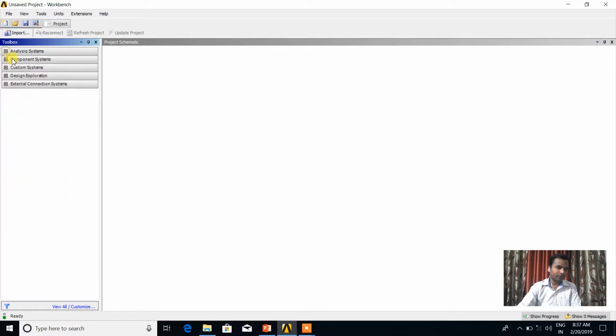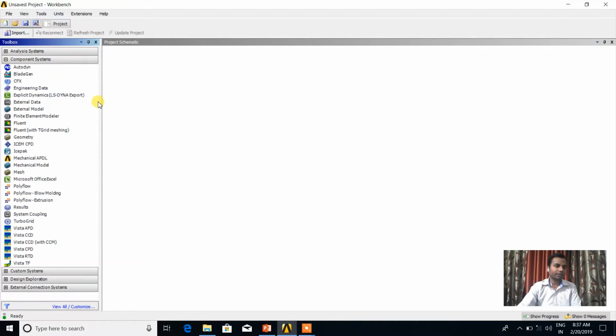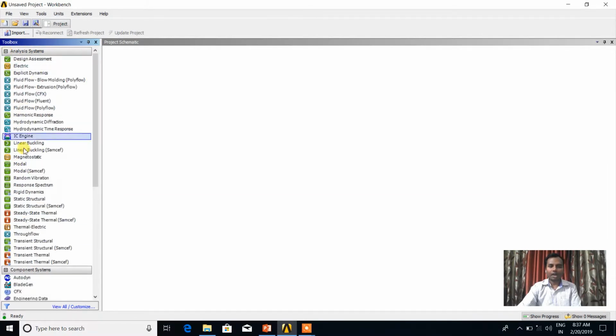If I again collapse this, you can check now the component system. If I expand this component system, you can see Autodyn, BladeGen, CFX, engineering data, which is the material property, and explicit dynamic, the separate analysis tool of the dynamic system. These separate components are also included in the analysis system.